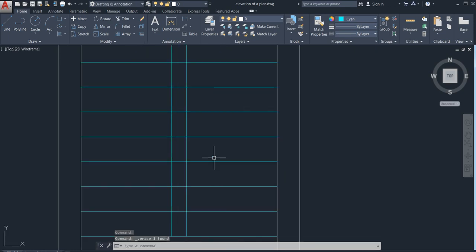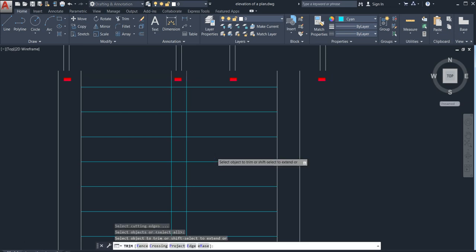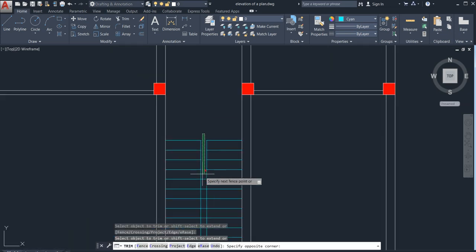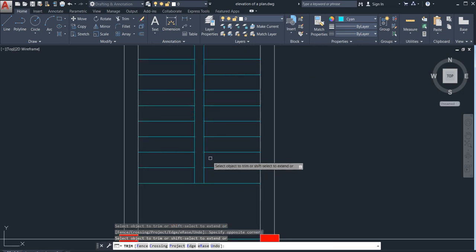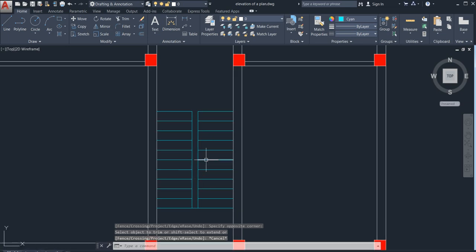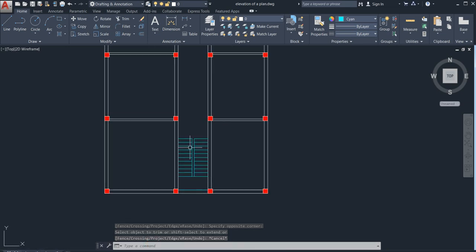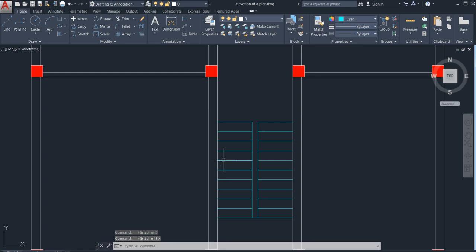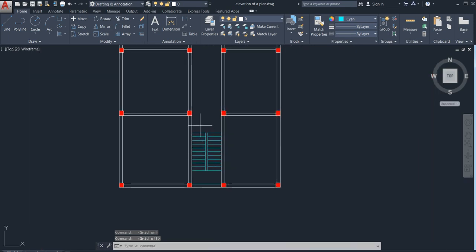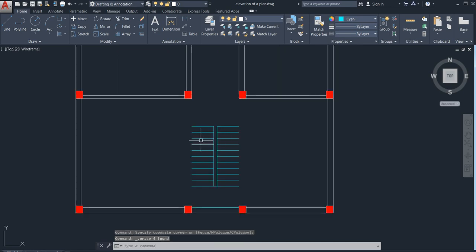I already told you. Go for trim command, double enter. Let's drag it. Skip it. Now you may be thinking that this has not been there, right? Yes, you are right. Now what we need to do is just go and delete these two. So now it looks like this, right?